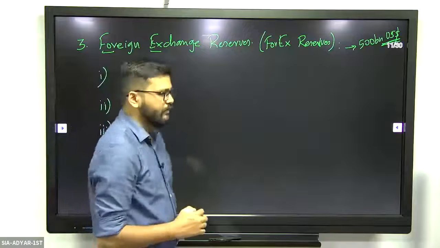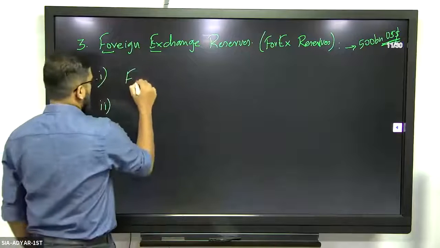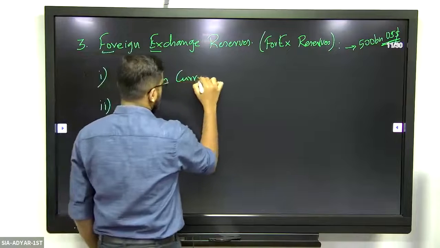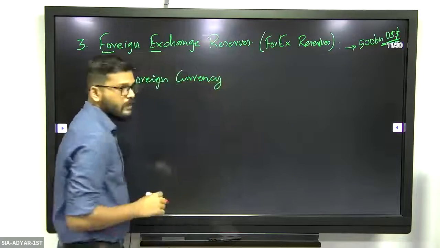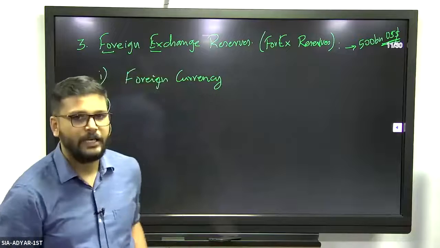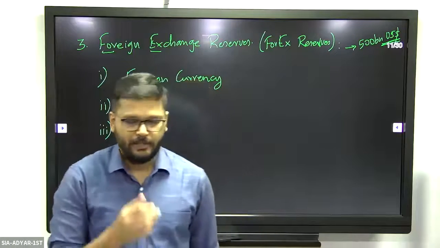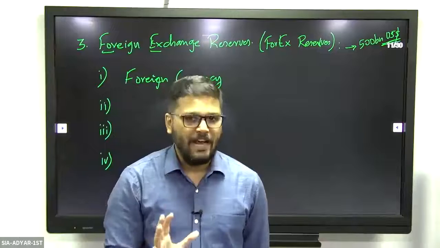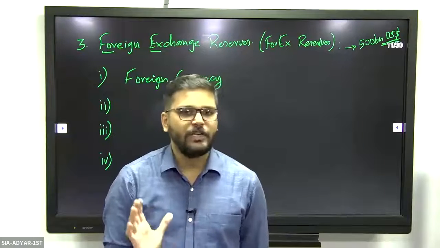There are 4 components inside it. Number 1, we have foreign currency, but not foreign currency. That is not the correct word. It is incomplete. Now, we have already discussed previously that no one prefers cash, especially when you're keeping it as